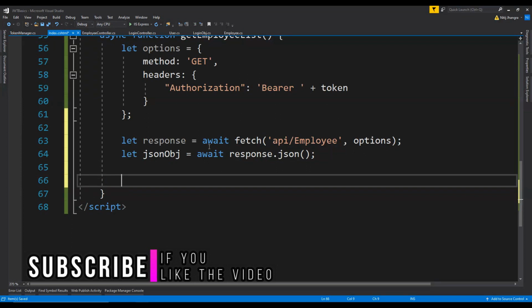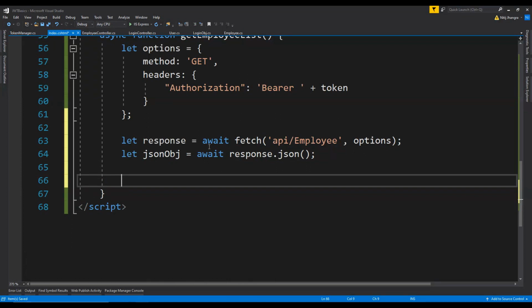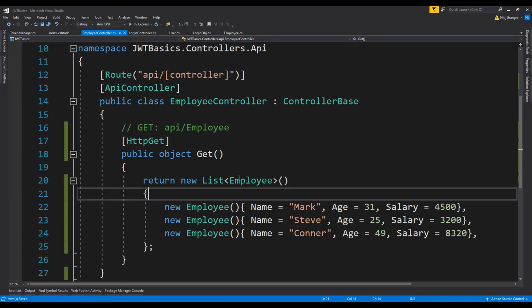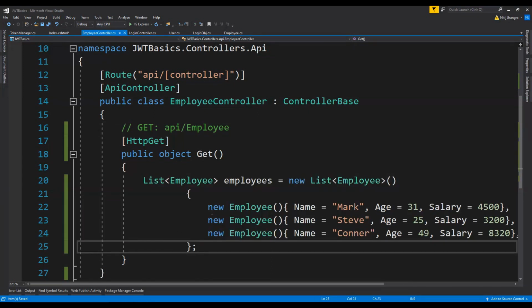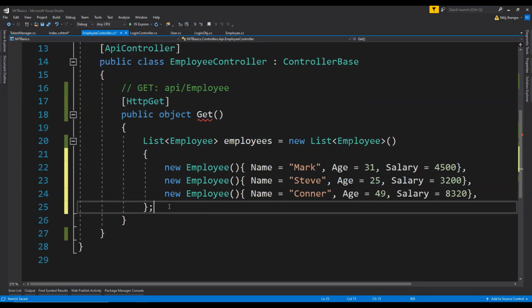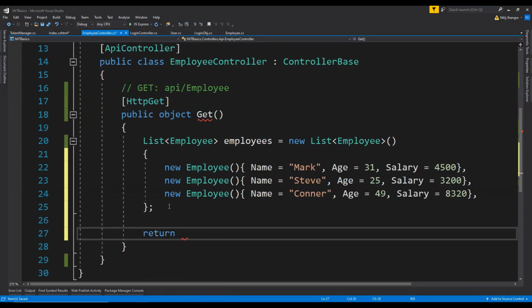Now we will simply log to the console the list of the employees, but for that we need to return the employee list along with a message property, and that can be done by first fetching the list of employees in a different field. So I'm going to convert this code over here into a field. And now let's just return a new object,